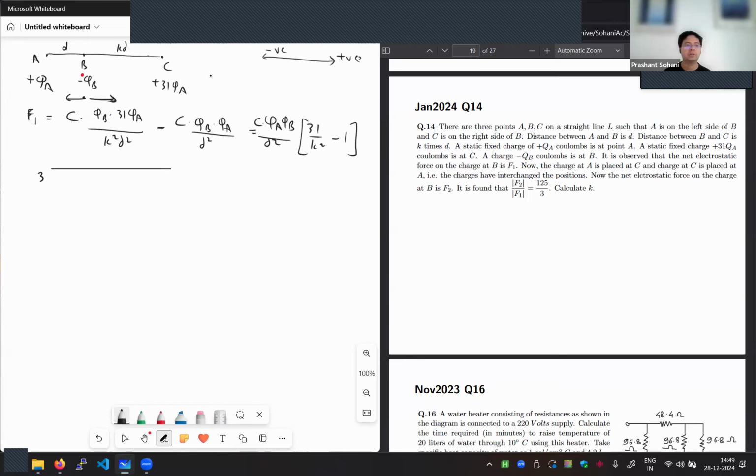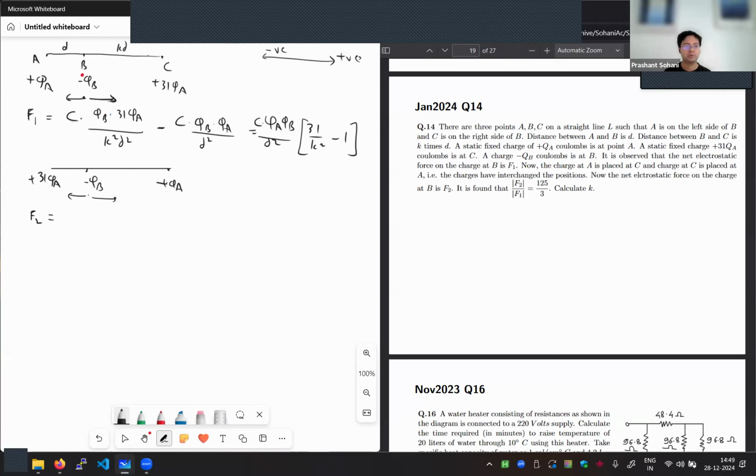So now at A, the charge is plus 31 QA. The position of B is the same. And the position of now here there is plus QA. And now again, we have to calculate how much is the attraction and repulsion. So again, F2 will be